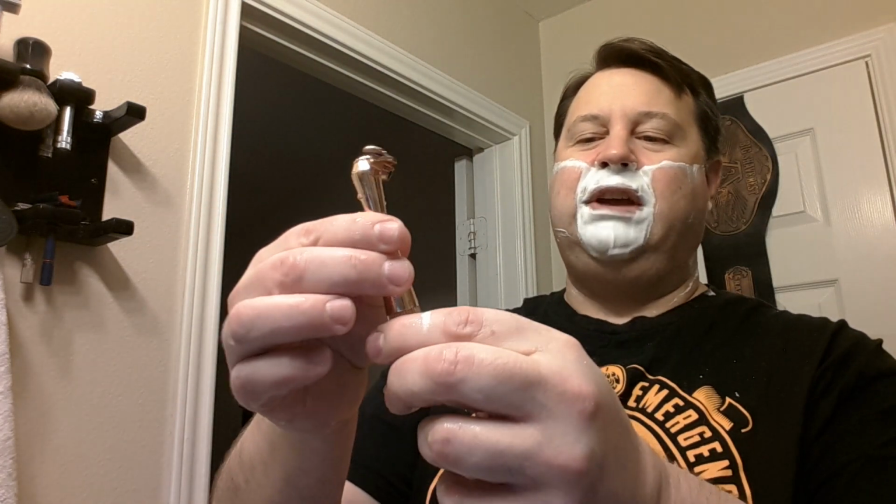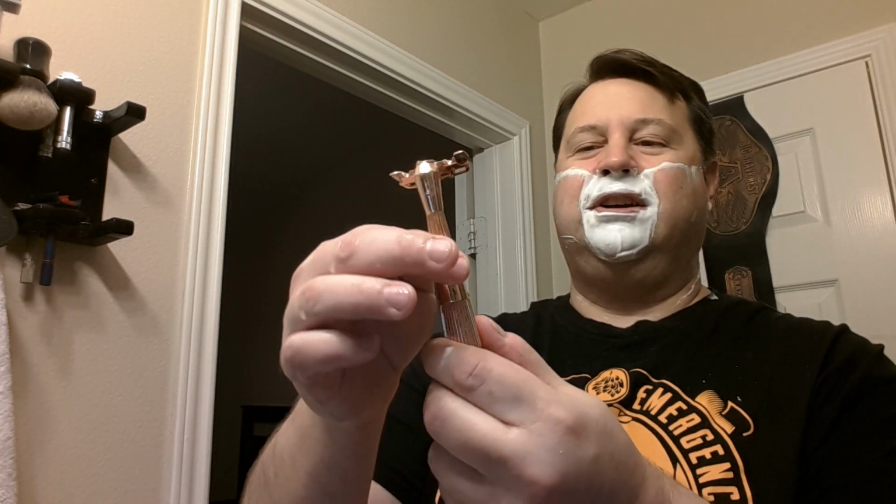Great thing about this, I'm going to say Steve pointed it out. I didn't think about it. But basically, you have the line of knurling up here, down here. So however you hold your razor, you're pretty good unless you just hold it dead in the middle. So, you know, just think about that as you...